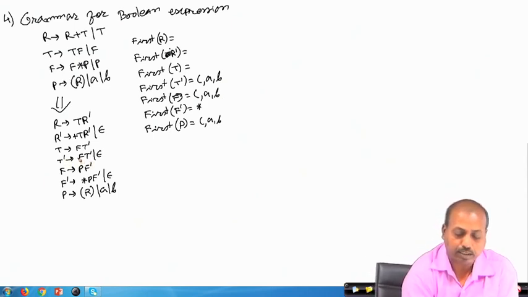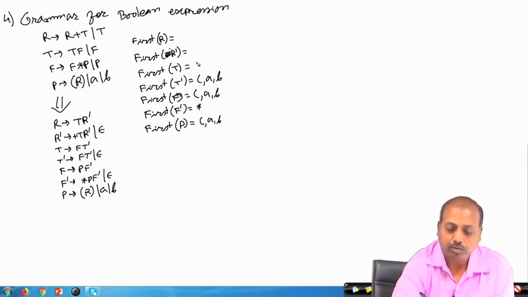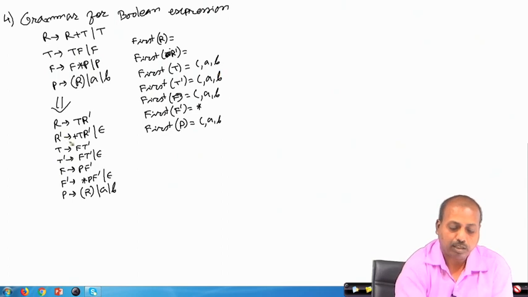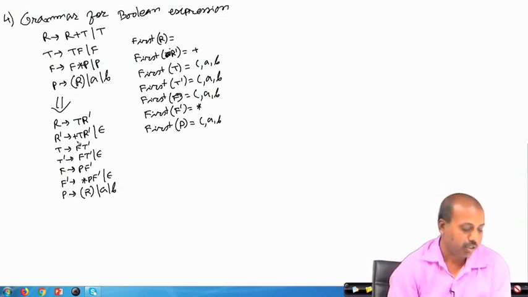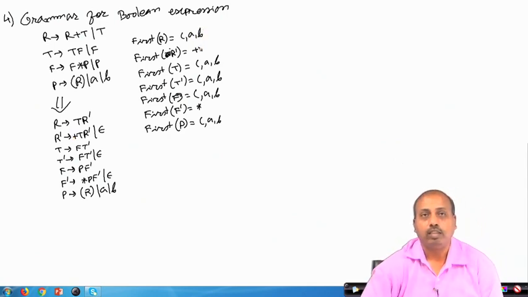And then from this rule, whatever is in first of F will be in the first of T. So, again open parenthesis A B will be in the first of T. Then from this rule R dash producing this, first of R dash contains plus, since plus T R dash starts with plus. And from R, whatever is in first of T will be in first of R. So, first of T contains open parenthesis A B, so they are included here. So, we will continue with this in the next class.